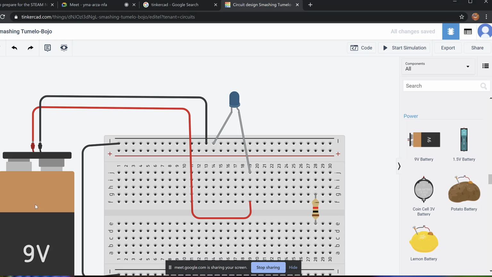And how much voltage are we applying to this LED? 9 volts. It's not going to work. So we need to reduce that voltage. We're going to reduce the voltage drop across the LED, and to do that, we need a resistor. For now, I'm just going to pick any resistor, and I'll tell you why we have to use a certain value. And the resistor, if I click on this one, for example,